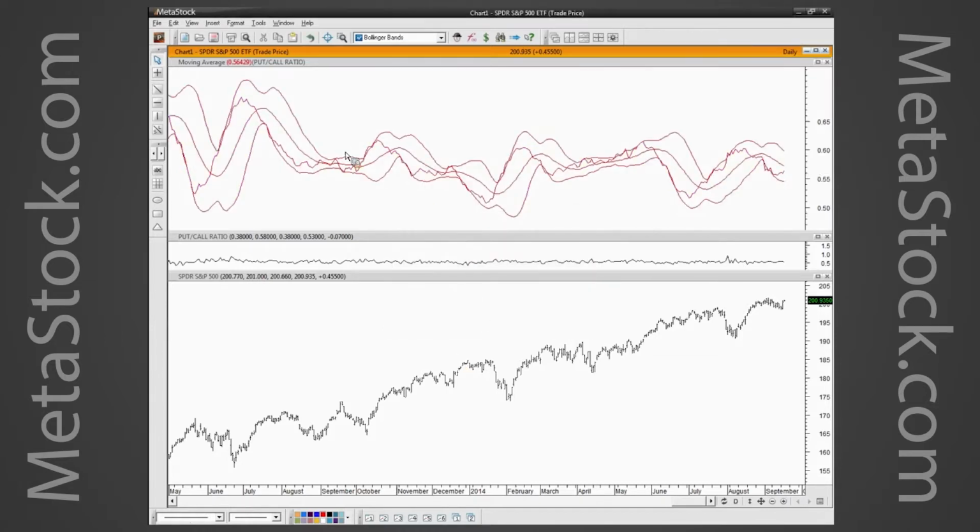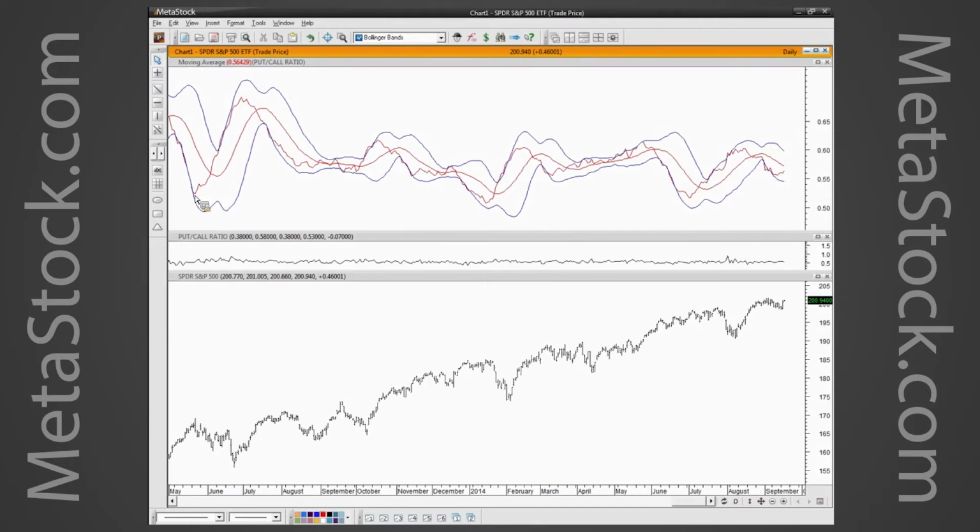Let's just make those a different color so we can see what's going on there. So I've made the Bollinger Band, the upper band and the lower band blue, and the equity put-call ratio average is still showing in red,